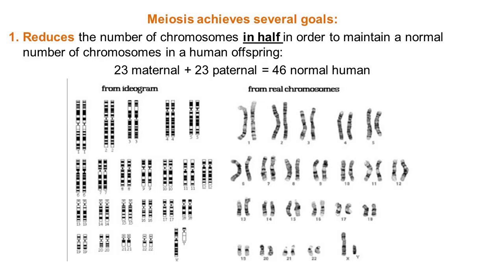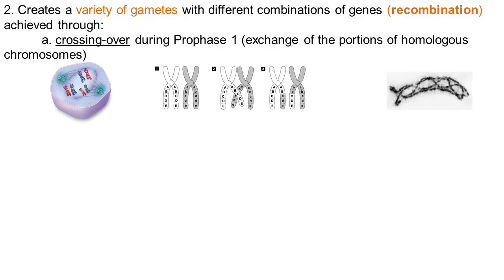So again, we've already talked: 23 equals 46. We did mention that meiosis is going to reduce the number of chromosomes. Because you can't have 46, you've got to get it down to 23, because you're going to get paired with another gamete with 23 to get the total number for the next offspring. The second thing that happens in meiosis, and not second in order, but just another thing that happens,